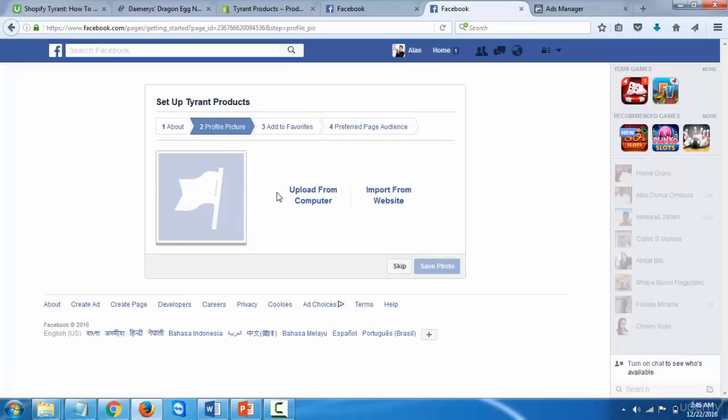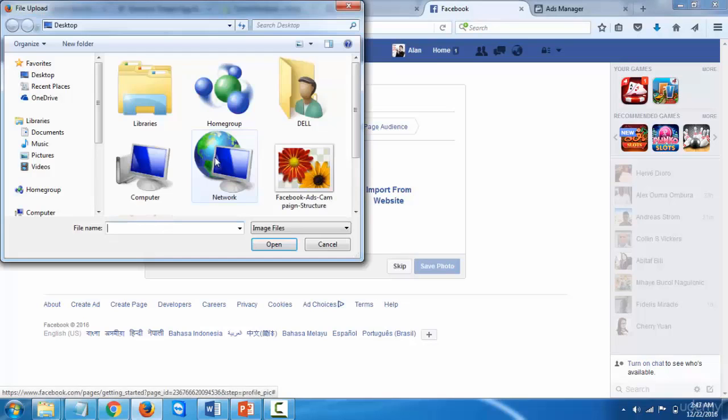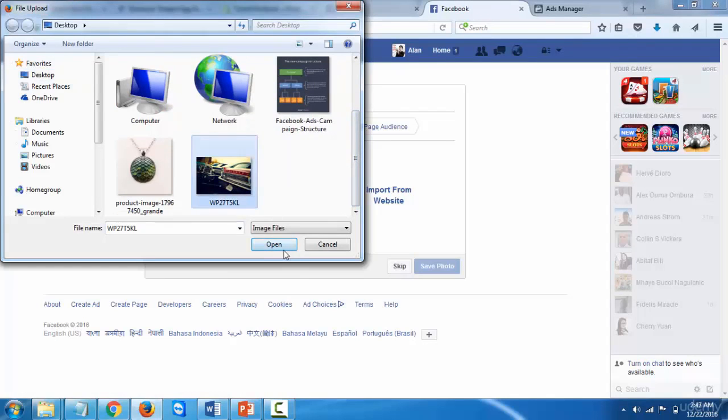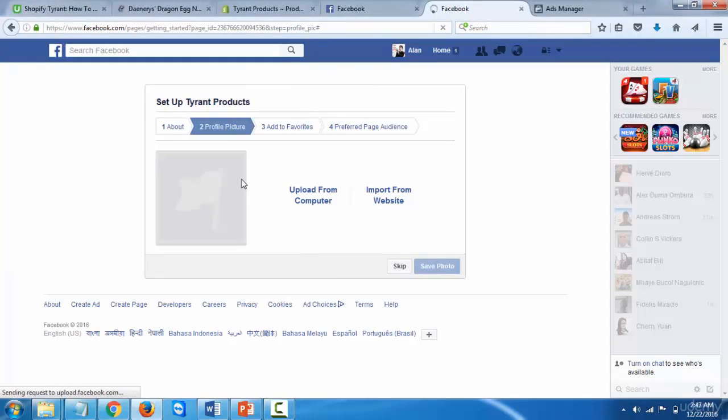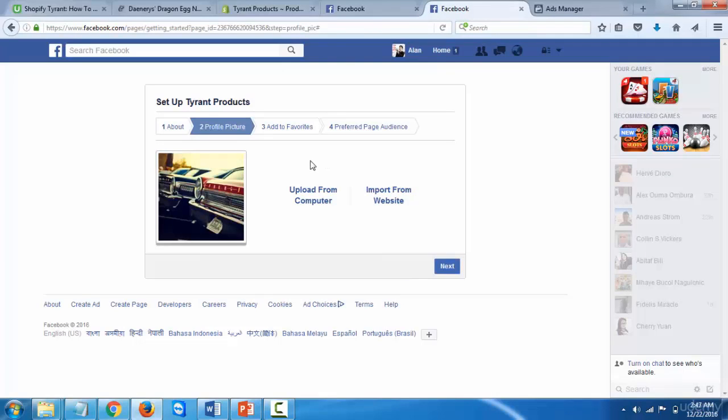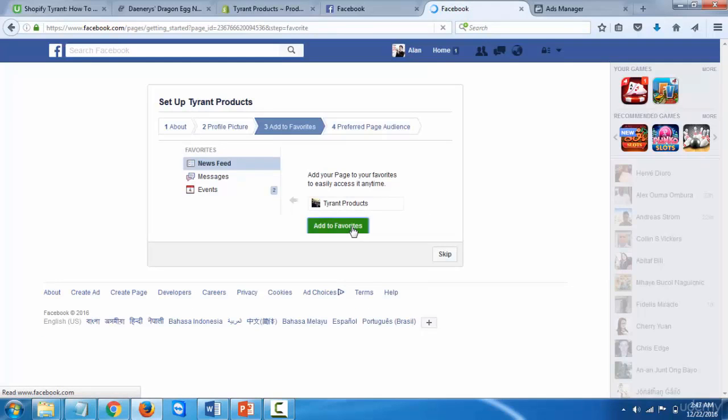and then it's gonna say to upload an image. So remember, I told you to get a logo. This is where you're gonna upload it. So make sure you upload a logo. For this, we're just gonna put this, but I highly recommend you use your logo over here, your store logo, because branding is really important, like I said. And just give it a second to upload. The thing to remember is that using your logo here is really important, and to make the page look as professional as you can, this is something which is really necessary. And yeah, that's about it. So just click on next and add to favorites. Next